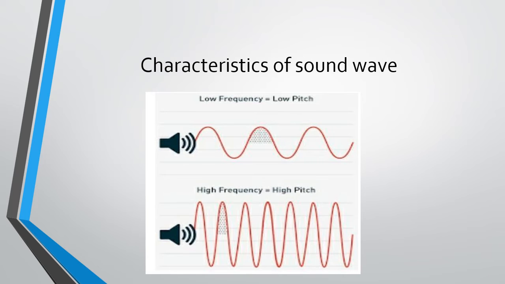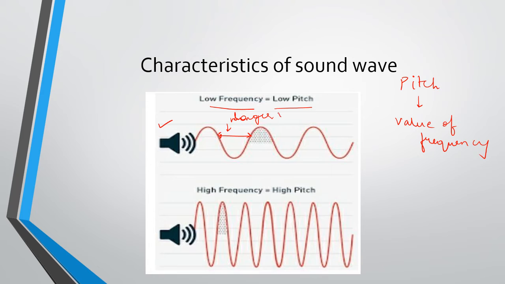The next characteristic of the sound wave is the pitch. Now this is determined by the value of frequency, whether it is higher or lower. So low frequency, low pitch. For example, they have given us this. This is the wavelength. Remember, this is the wavelength. Here, longer the wavelength, lower would be the frequency, and if low frequency, then it would be lower pitch. Similarly, the wavelength here is shorter, that is why high frequency, and high frequency means high pitch.